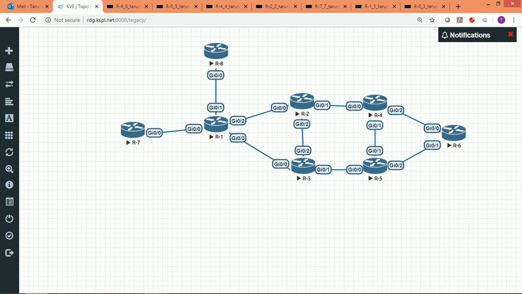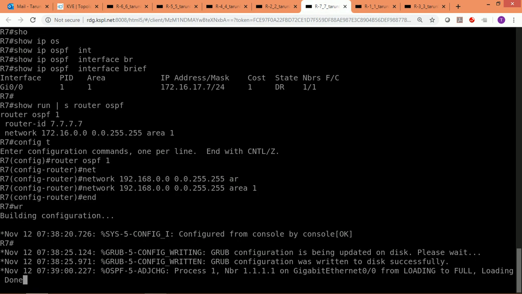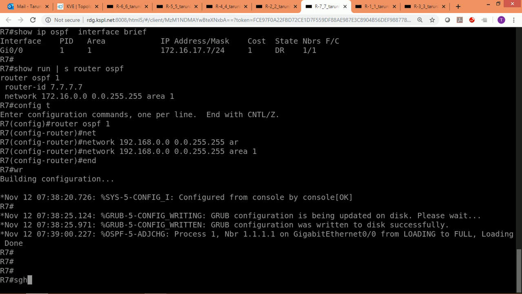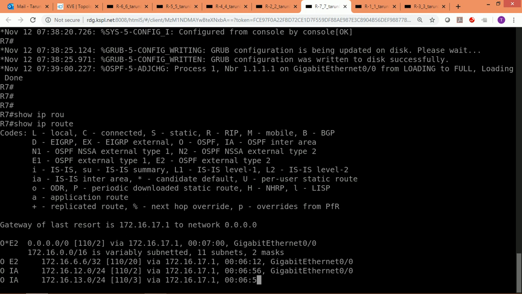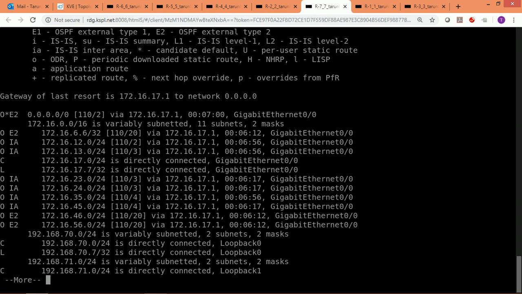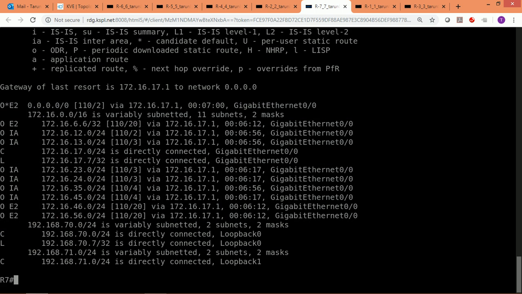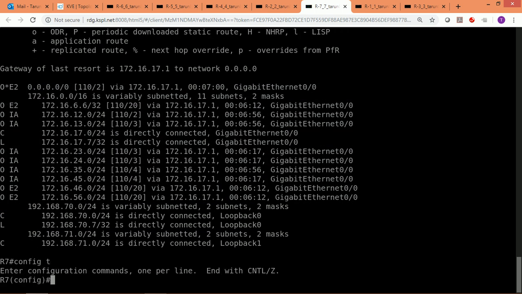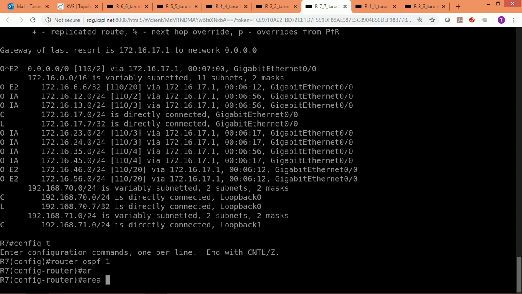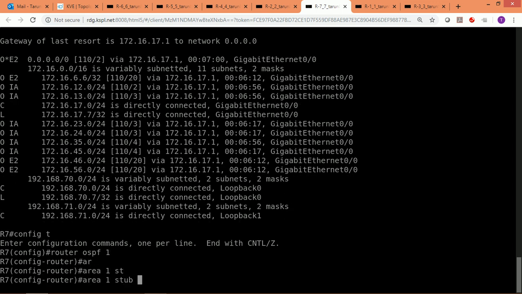So go for R7, and you will see in the routing table so many routes, consuming routing table space. Show IP route. So I have type 5 and type 3 LSA available, right? What I will do, I will go to the OSPF configuration, router OSPF 1, area 1, and I will say